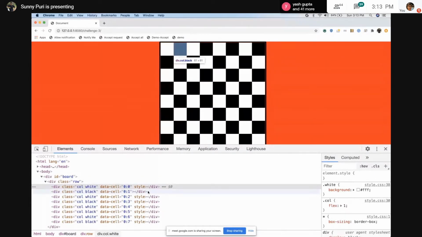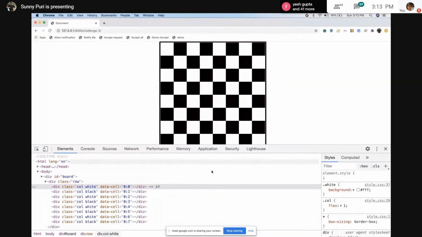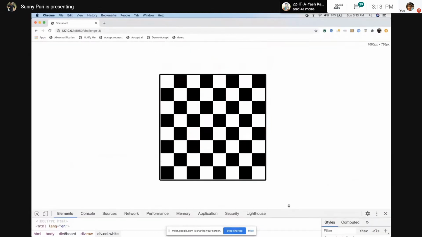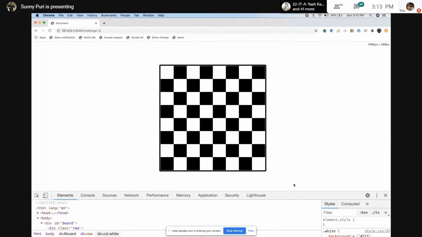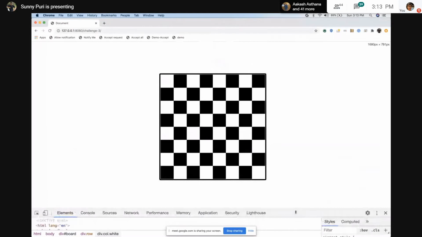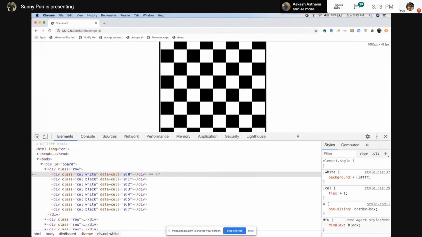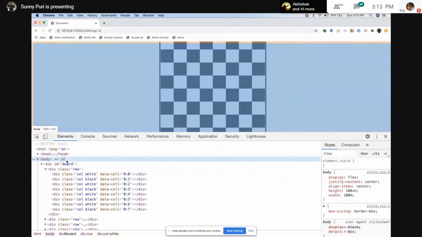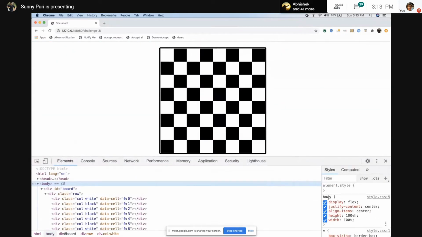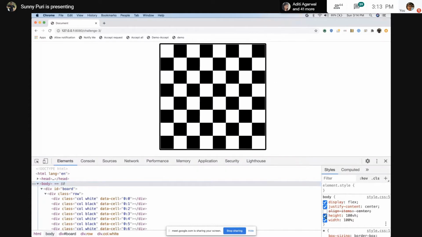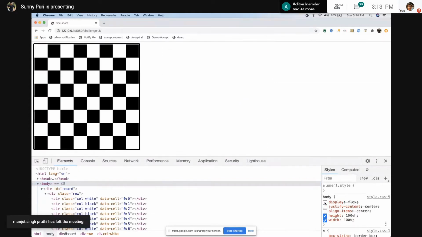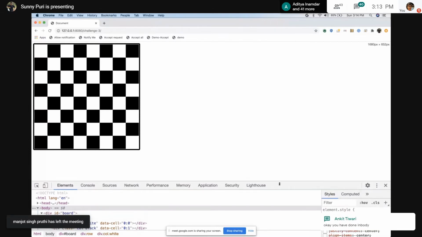Ankit is asking how my board is in the center. If you see, it is automatically aligned center from left and right, and from top and bottom. In the body, I have given display flex and justify-content center. Let's remove display flex first.